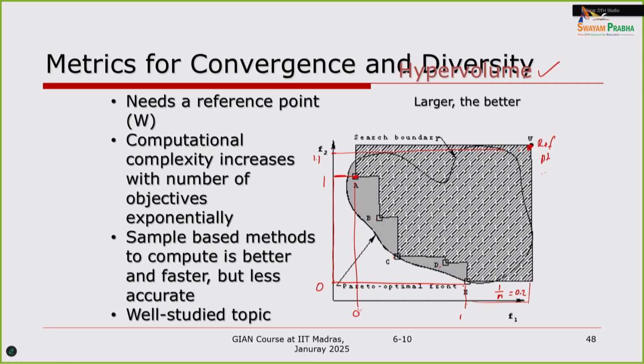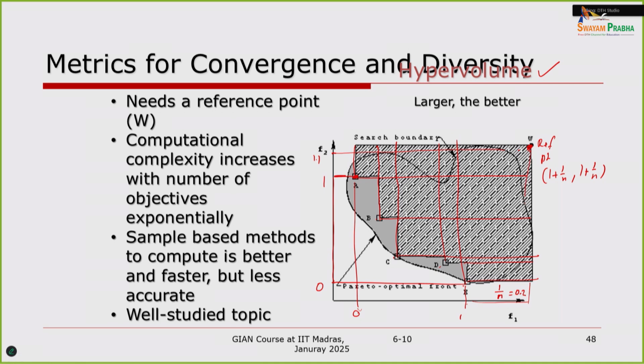1 plus 1 over n, 1 plus 1 over n. This is the reference point. Once you have done that, you look at every point and ask how much area it dominates. It dominates the first quadrant. How much area does this dominate? Again the first quadrant. Like that you do every one of them